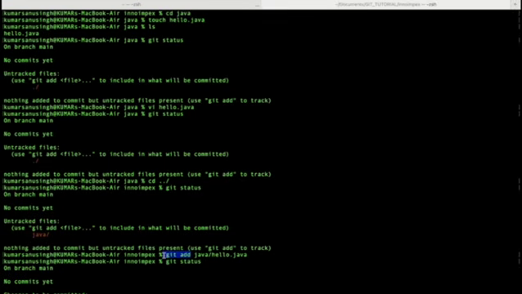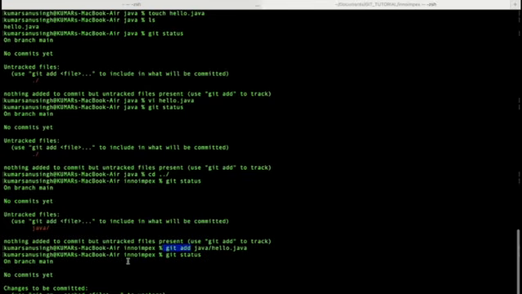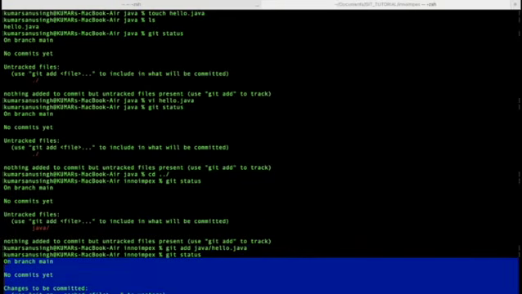If you have created a file and made changes, let's say done coding for hello world.java, and you want to make it available to the remote area, then you have to run git add and the file name. That file gets into staging area. So that's why you're not able to see the file here.